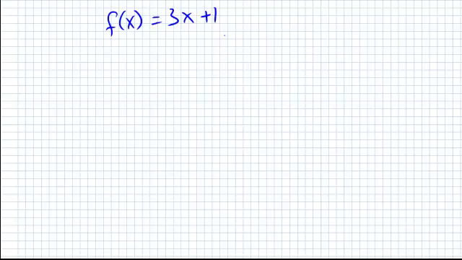Sometimes they give us two names of functions. So they might say that our first function's f of x equals, we'll do the same, 3x plus 1. And they'll give us another function, we'll call it g of x, equals, let's just say it's 5x. And what they might do to us is say, we'll color code it, so what is f of g of x